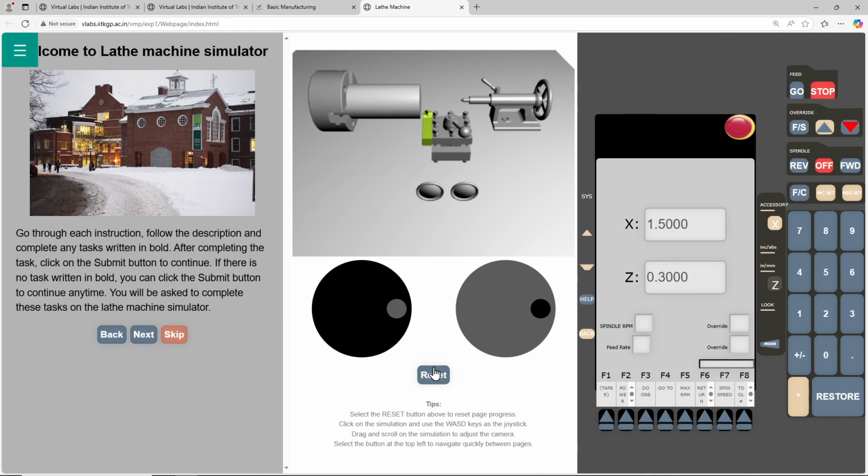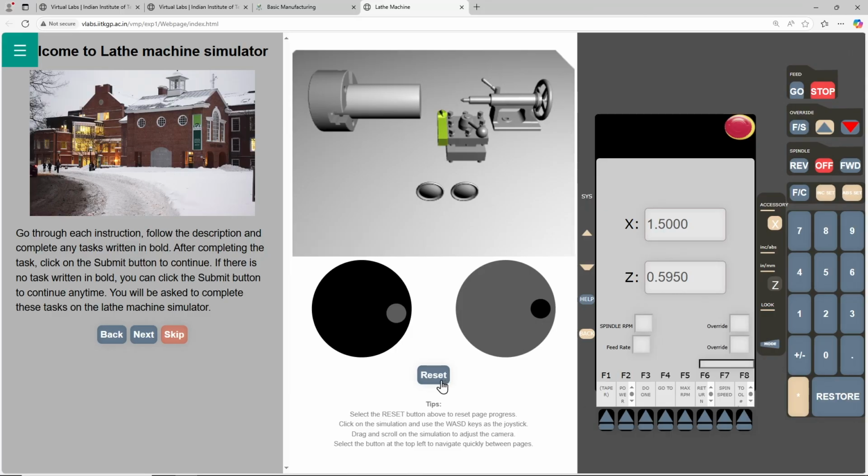Now, let us see how we do some machining here. Again, Z is giving me the movement of the carriage. The carriage is being moved left or right in the Z direction here. This is the Z direction, and the X direction is the movement in the cross direction.